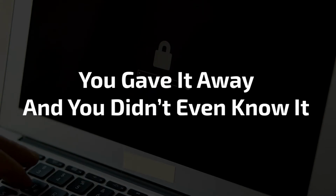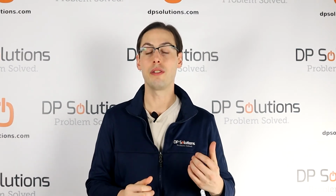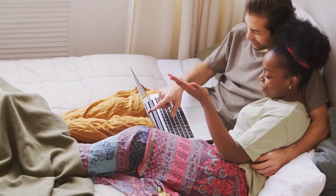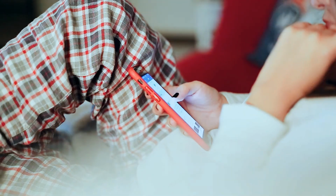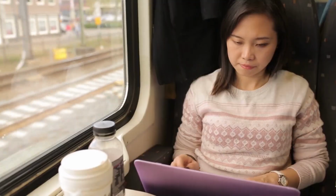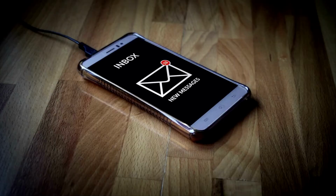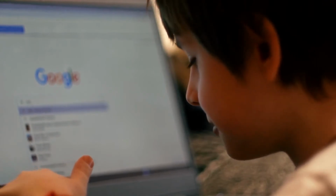You gave it away and you didn't even know it. Many websites offer useful features when you log into, say, your Google or Facebook account. Maybe it makes it easier to log in or offers you a tailored experience. This is great, but sometimes cybercriminals try to mimic these kinds of legitimate login attempts to trick you into volunteering your passwords. Perhaps they send you an email asking to click on a link to show you an important message,